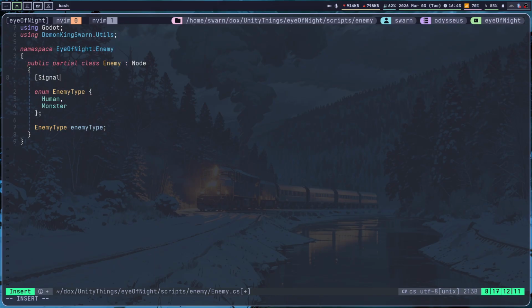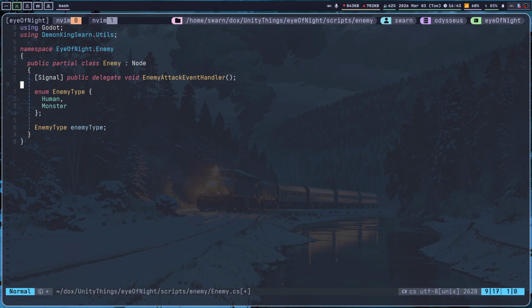What it is, it's a signal, public delegate void, this signal, and what will it be called? It will be called our enemy attack event handler, and this is how we are gonna attack our